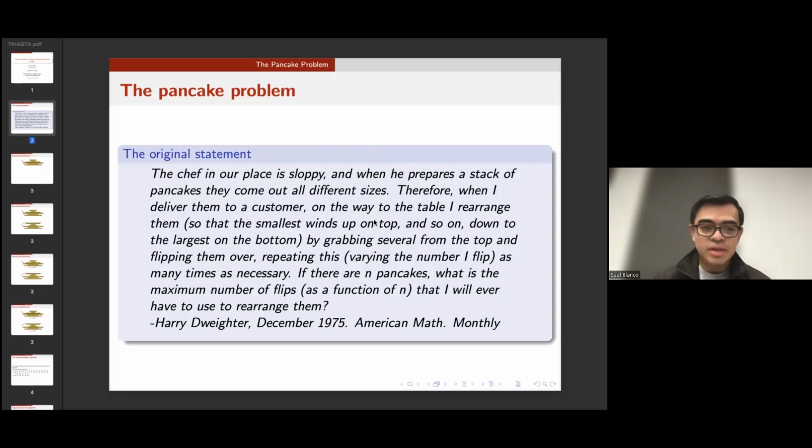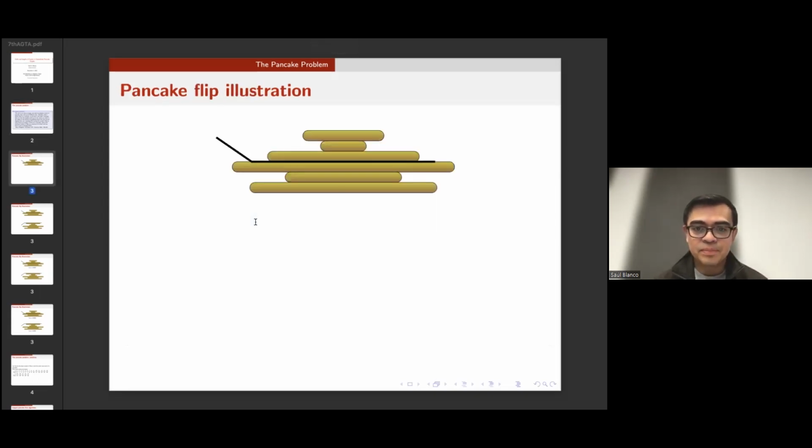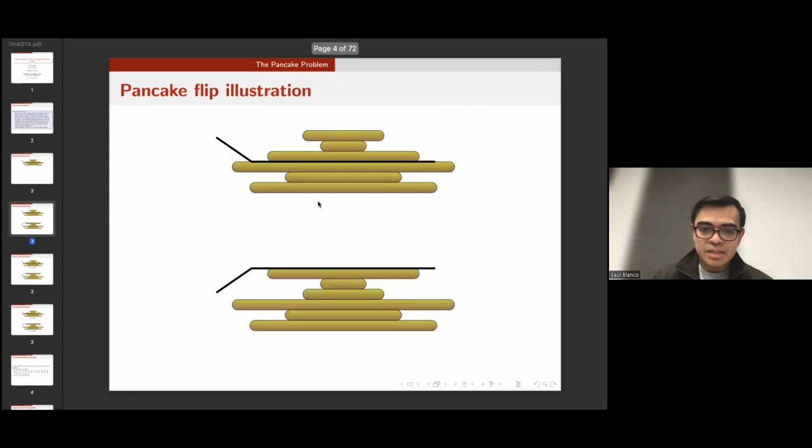So I can illustrate the question with this particular example. You have a stack of pancakes, and they all have different sizes. And what you have is a chef's spatula that you can only use to grab something from the top and flip them over. In this particular case, the result of flipping the top 3 pancakes is illustrated here. Essentially, you just grab the top 3 and put them back,